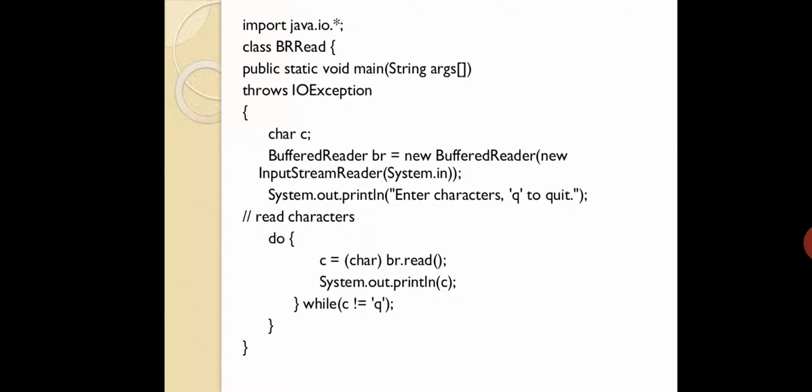Fine. Now you are going to read it, and after reading, you are going to print it. How? With System.out.println, passing that particular character, so that it goes directly to the monitor, the output screen. Now in the while, you are checking whether the user has given Q or not, isn't it? That is what it is doing.